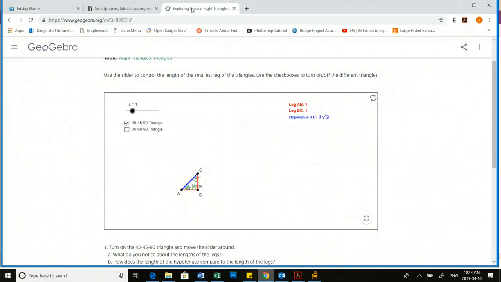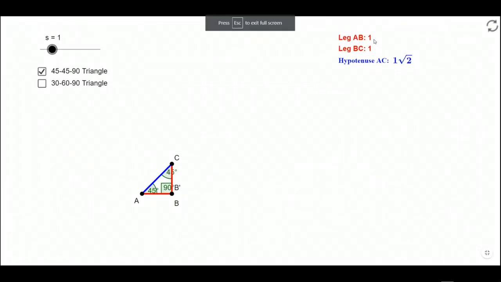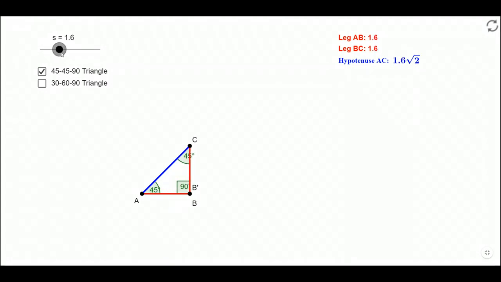It doesn't matter in this triangle if I have, so this one shows me that the lengths of the two sides are equal to 1, 1, and root 2, just as I showed you. But if I scale this up by a factor of 2, so now the lengths are 2, 2, and 2 root 2, my ratios of sine and cosine and tan are actually still going to be the same. So looking over at this applet here,